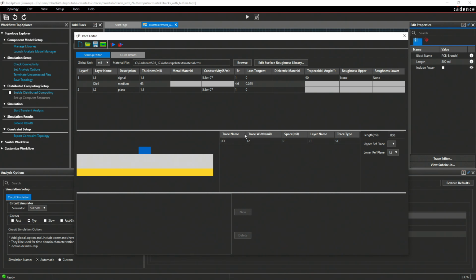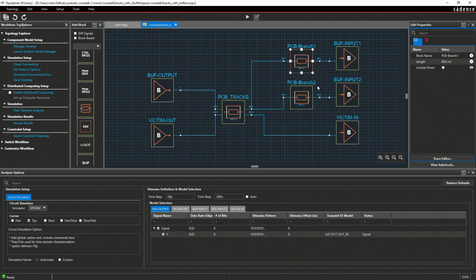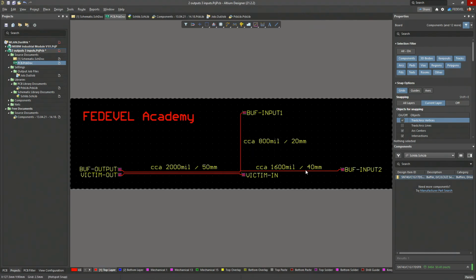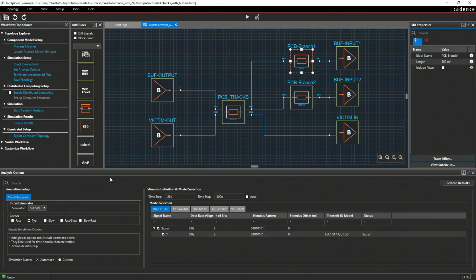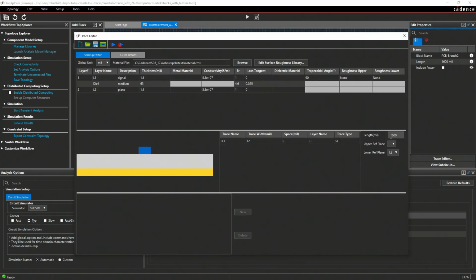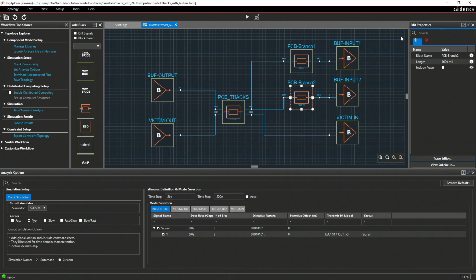We are using 12 mil trace, and we are using a 2-layer PCB. The second branch is this one. The length is 1600 mils. When we go into the simulation, it is this block, 1600 mils, and again 12 mil trace on a 2-layer PCB.